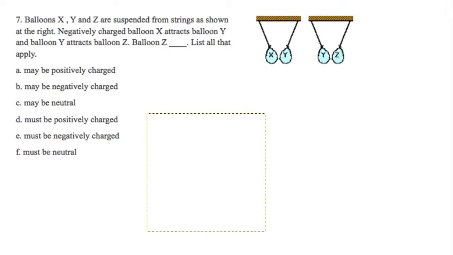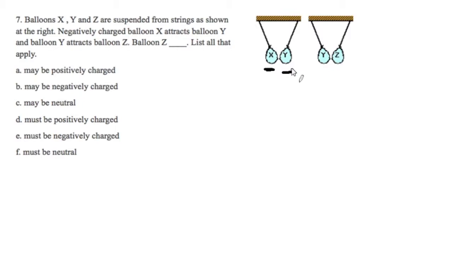So the first problem here, we are given balloons X, Y, and Z, and they are suspended from strings, shown to the right. So these are the 3 balloons here. Negatively charged balloon X, so this is negative, attracts balloon Y. So right away, we know that this balloon right here is negative, and balloon Y, which is attracted to it, has to be a charge,